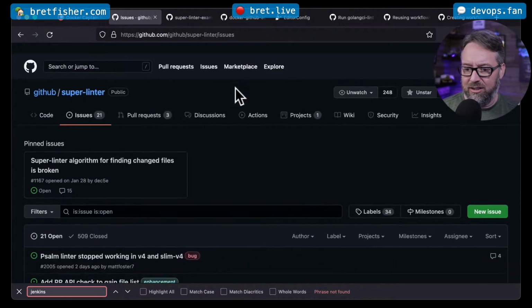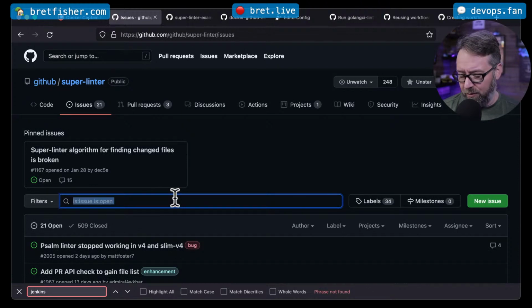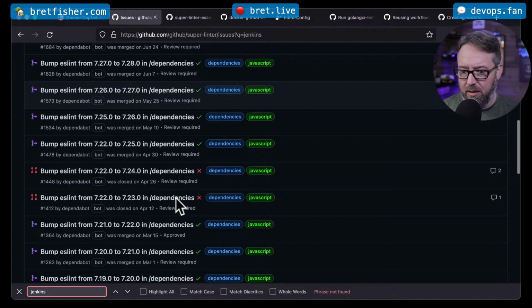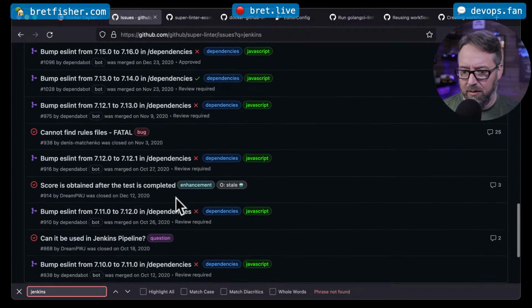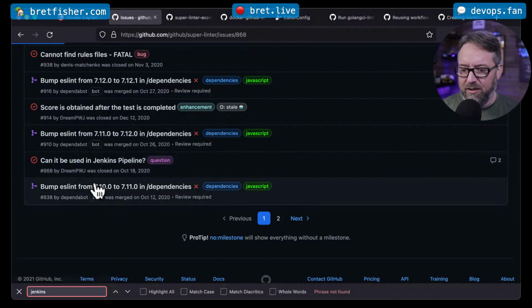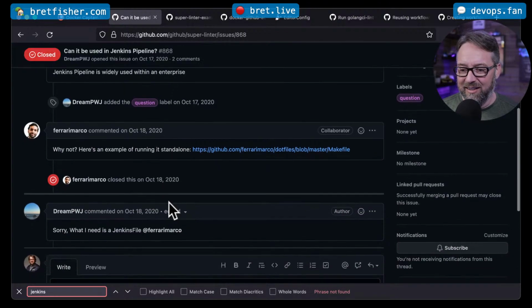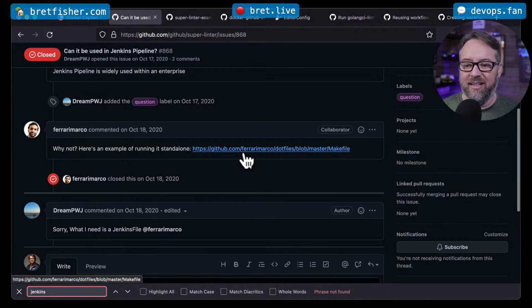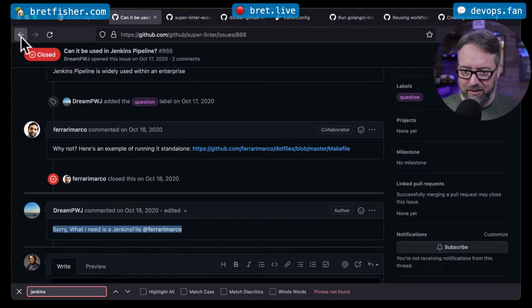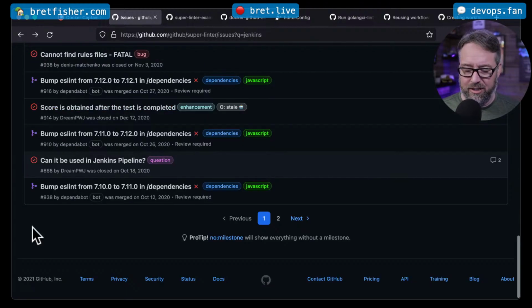In fact, let's just search. Does anyone mention Jenkins? Can it be used in Jenkins pipeline? So that's not the same thing, but yeah, it's essentially what I was saying. If you want to run this in Jenkins, you just use a Docker run command like they give you an example of. Oh yeah, this person's like, I want to run it in a Jenkins file. So yeah, I don't know about Jenkins editor or Jenkins linters, but